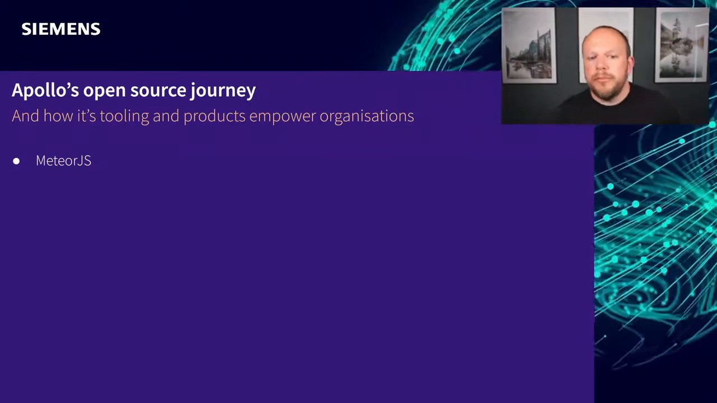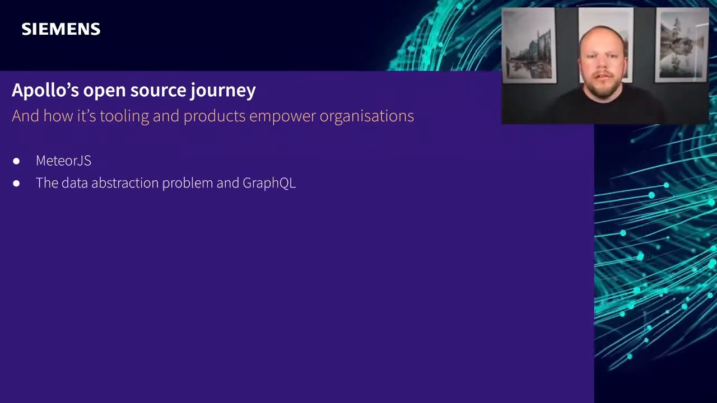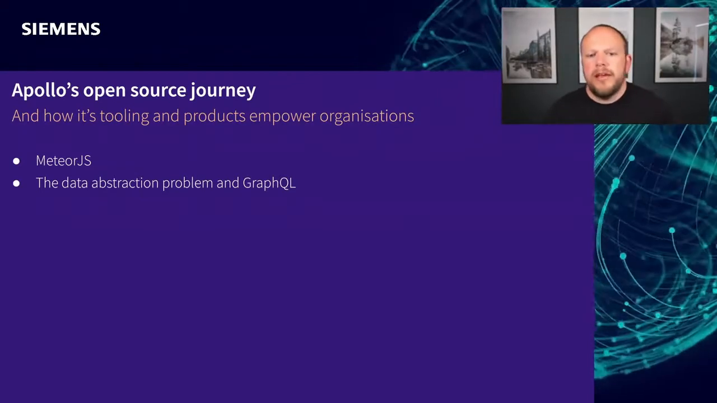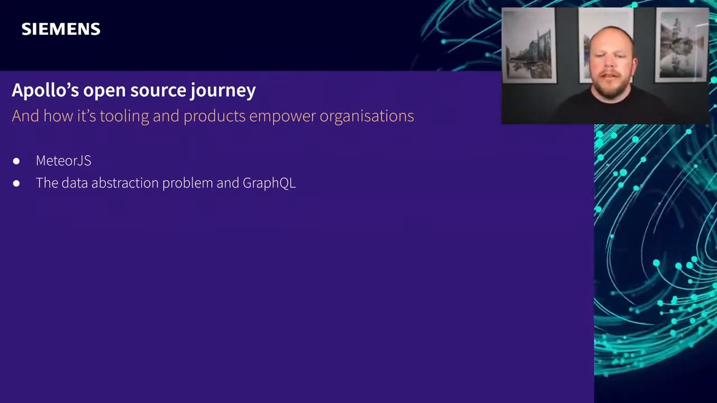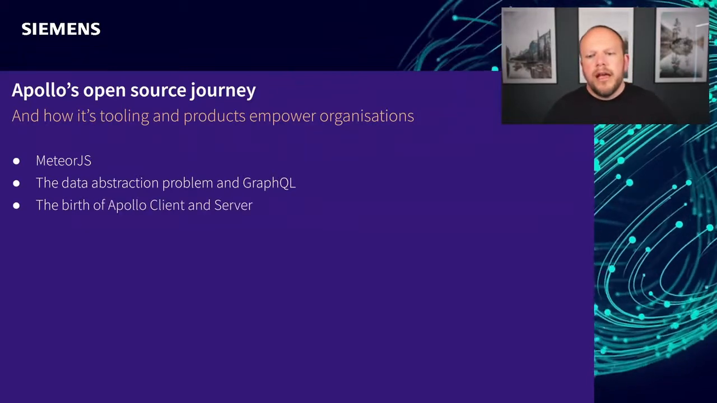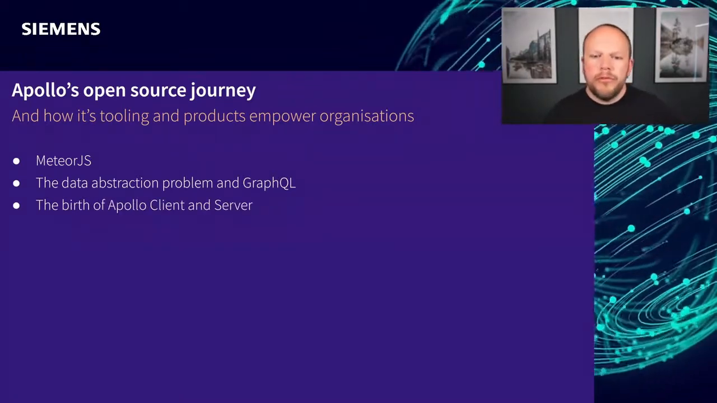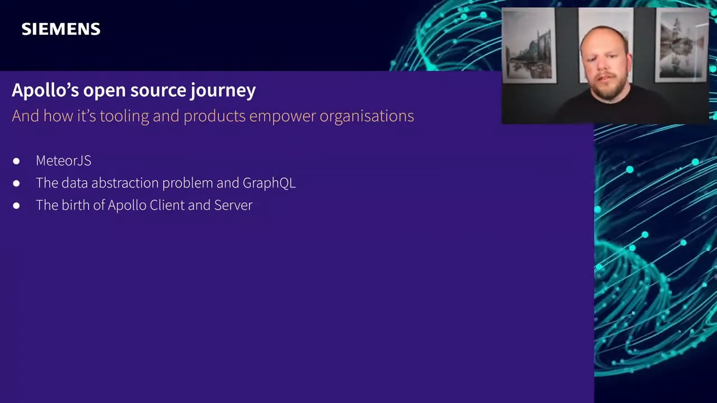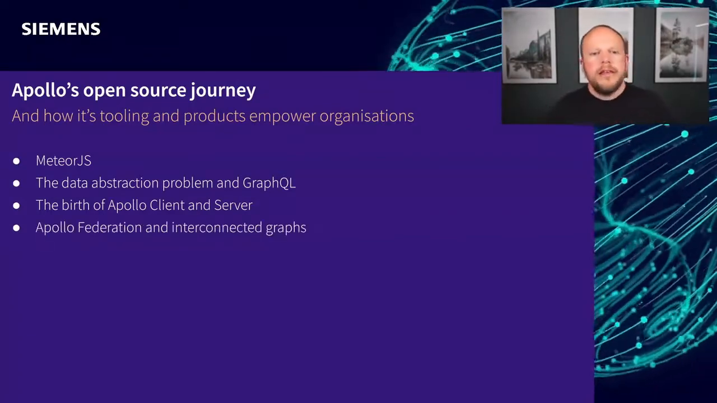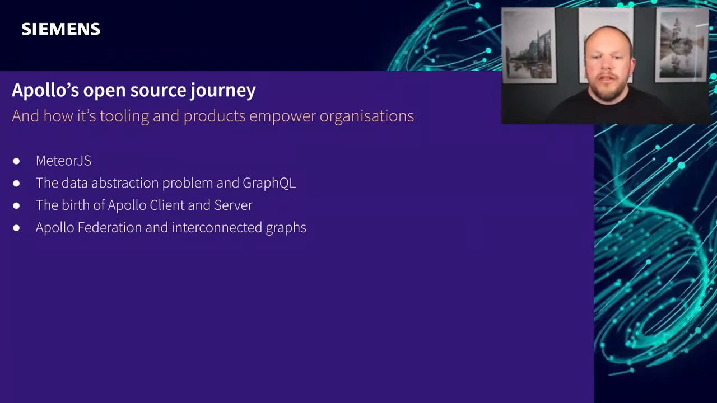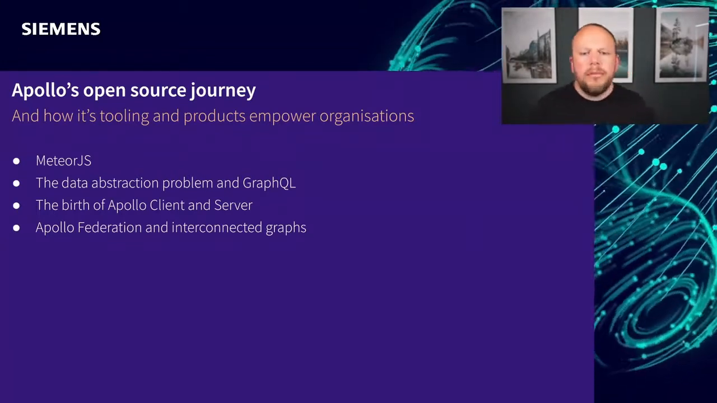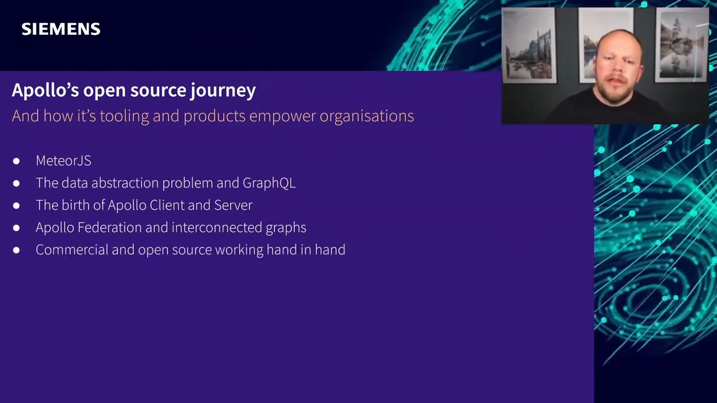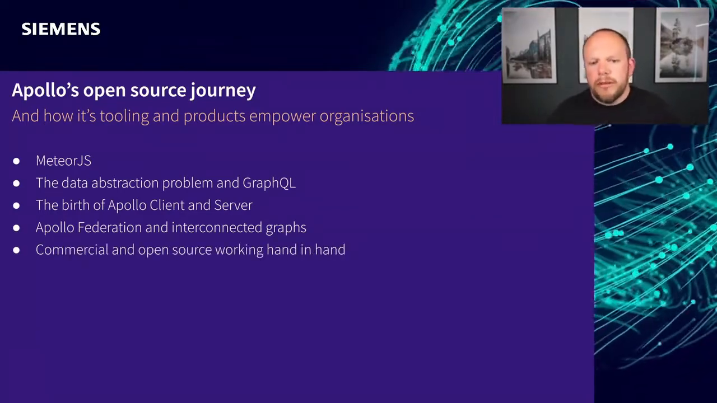the team was focused on building out Meteor.js, to the fortuitous timing of Facebook open sourcing GraphQL at just the moment that the Meteor team were looking to abstract away underlying data sources, and how the rapid adoption of the Apollo open source offerings, Apollo Client and Apollo Server, quickly established Apollo as the thought leaders in the GraphQL space, leading to the realization that organizations needed a way of pulling together their disparate graphs and APIs into a cohesive whole, leading to the birth of Apollo Federation, and ending with the creation of a commercial offering that empowers organizations